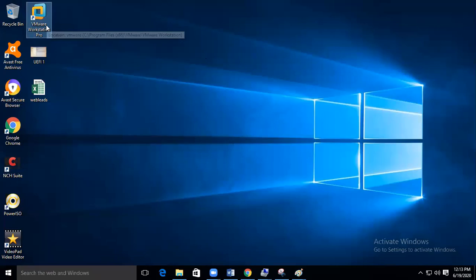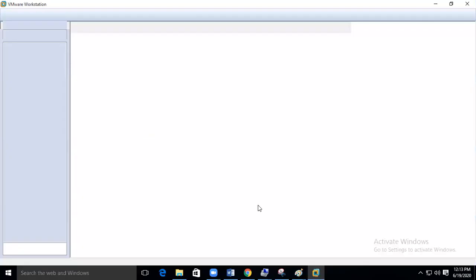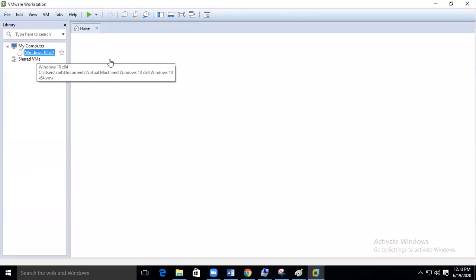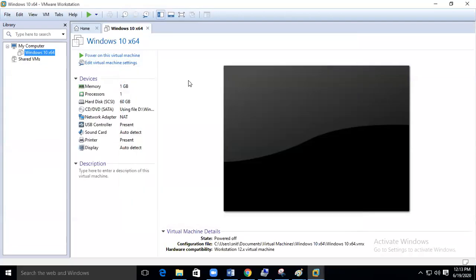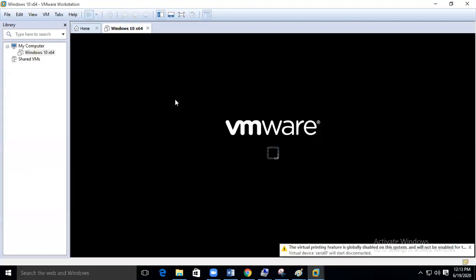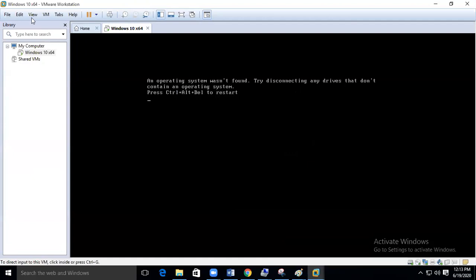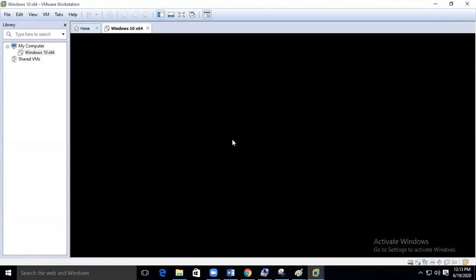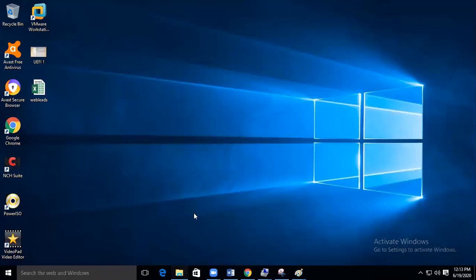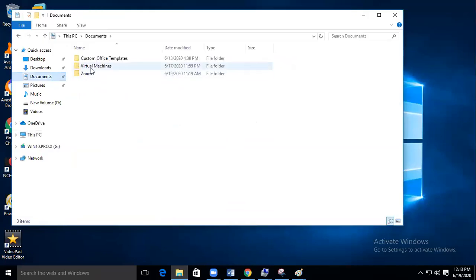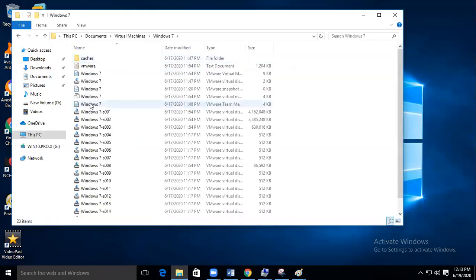In VMware, if I click on this, yesterday we were trying to install Windows 7, right? When I power on, you have to click inside this and press F2 here. Can you see here? Control Alt Delete, I'm sorry. Let me go. Yesterday we took Windows 7 and installed it already on my computer, right? Normally your job is also like that, to install this Windows 7. Already I installed, right?